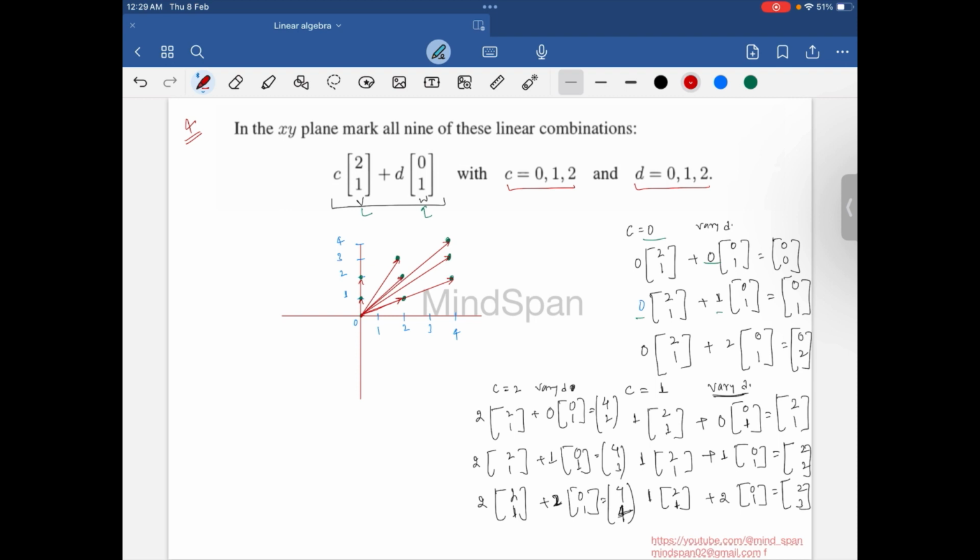So with this particular choice of C and D, and with this vector V and W, if we take the linear combination, we will be reaching these points, not more than that, right? In two-dimensional space, with this V, W, and this particular choice of C and D, we will be exploring these pink points, not more than that. Okay,